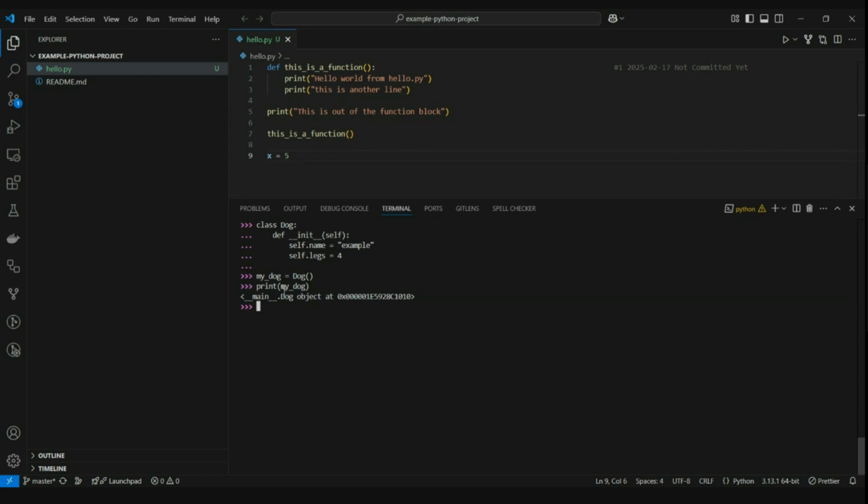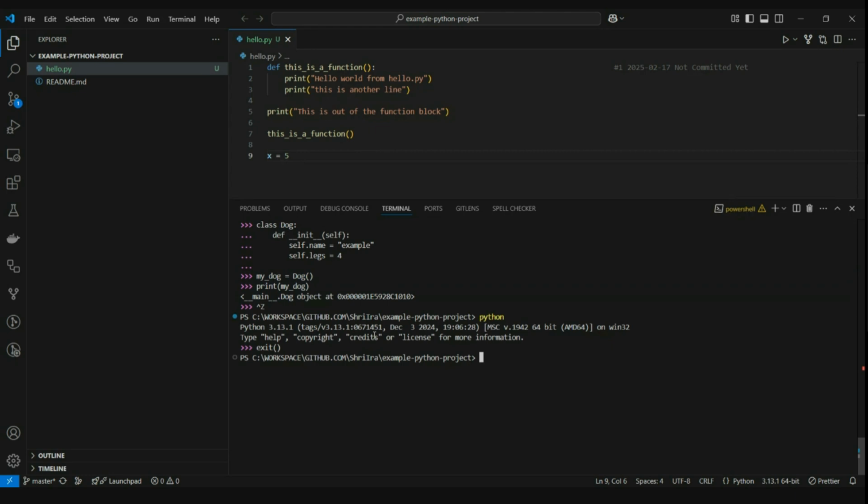How to print this dog object in a human readable format and all that we will define tomorrow. So how do we exit from this REPL? Through Control C and enter. Or if I go here, do exit, the exit function. If I execute it,